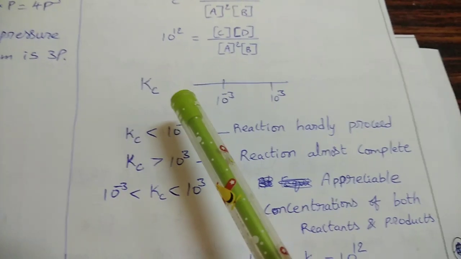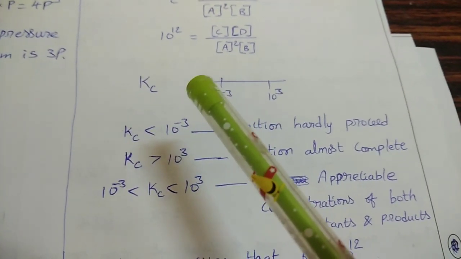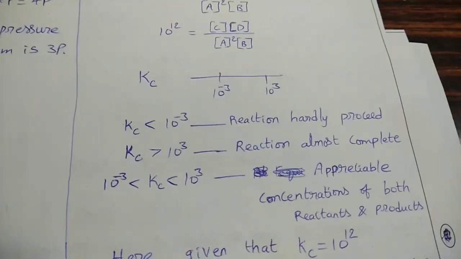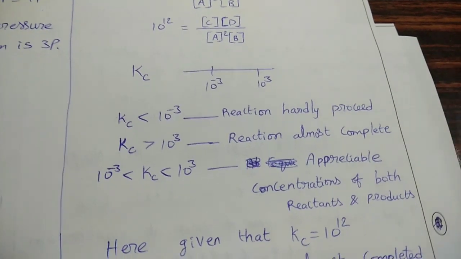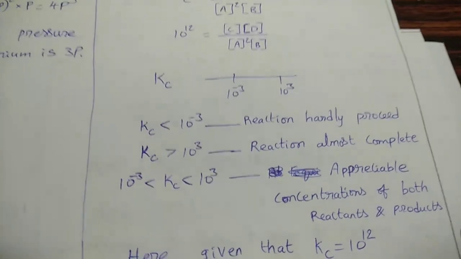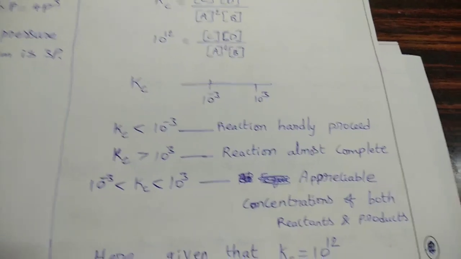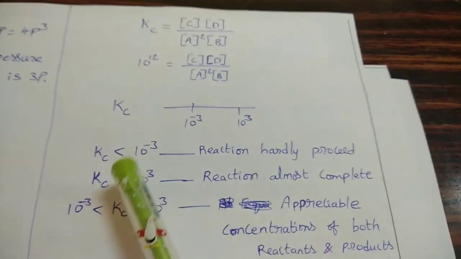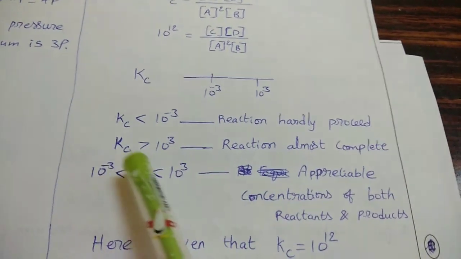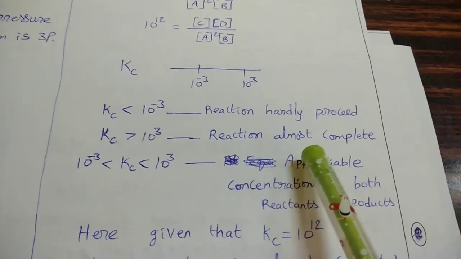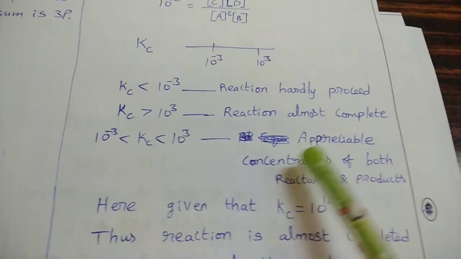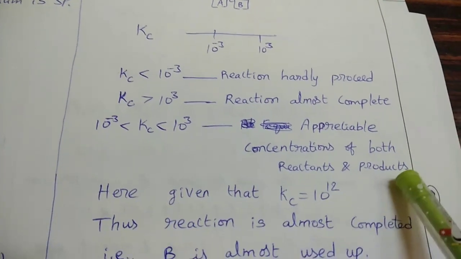Based upon the equilibrium constant value Kc, we can predict the extent of the reaction. These are applications of equilibrium constants. So students, once revise the applications of equilibrium constant. Three applications are there. In that, one is that the extent of the reaction can be predicted based upon the equilibrium constant value. See the conditions again. Kc less than 10^-3, the reaction hardly proceeds; a very small extent of reaction takes place. Kc greater than 10^3, the reaction is almost complete. If Kc is between 10^-3 and 10^3, appreciable concentrations of both reactants and products are present.